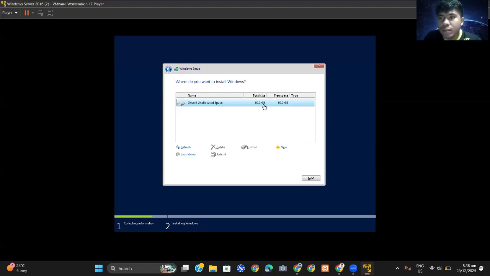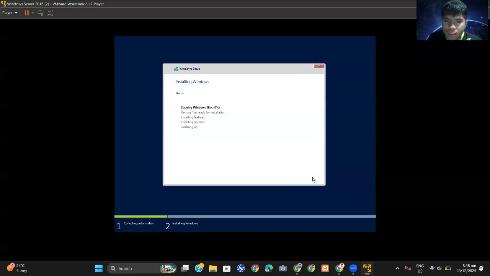Here we cannot delete since it is new, unallocated space. But we can create a partition on the client side in the disk management feature. So just click next.